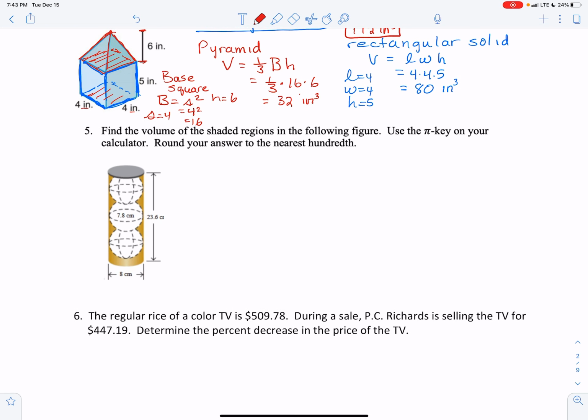Five. Find the volume of the shaded regions in the following figure. So what we have is a cylinder and we're going to cut out 3 spheres. It's like a canister of tennis balls. So start with our cylinder. So our cylinder